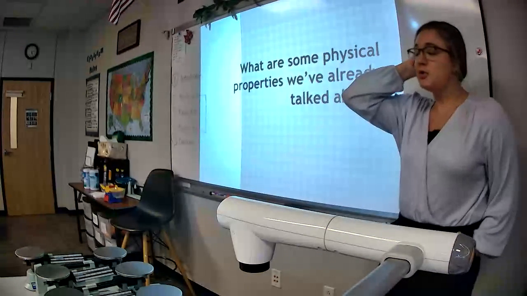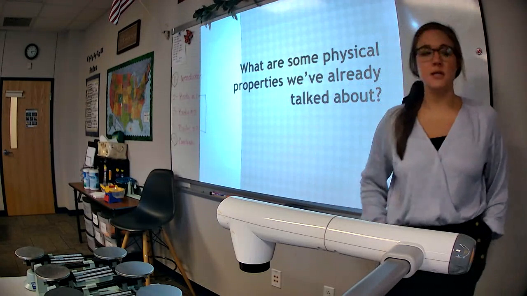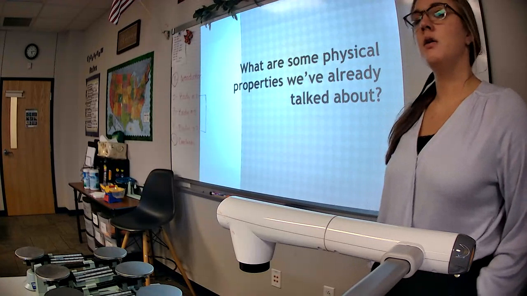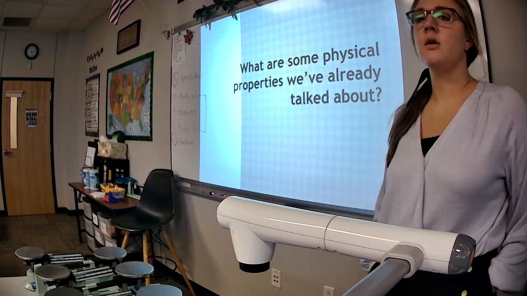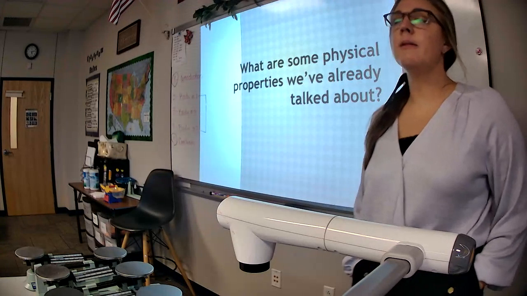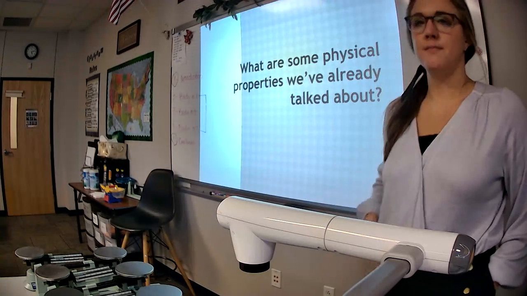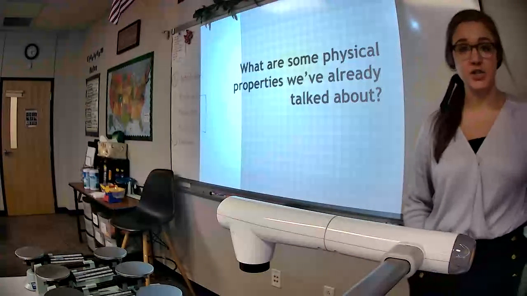Okay? To describe these pieces of matter, we talk about their physical properties. What is a physical property? Trinity? As an example of one, but give me like a definition. It does describe the matter. It's something that you have to be able to observe. Good. Anything that you can observe or describe about the object. An example would be texture, like she said.